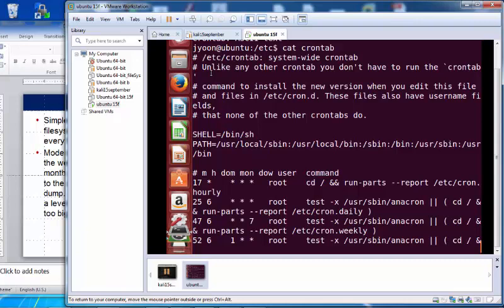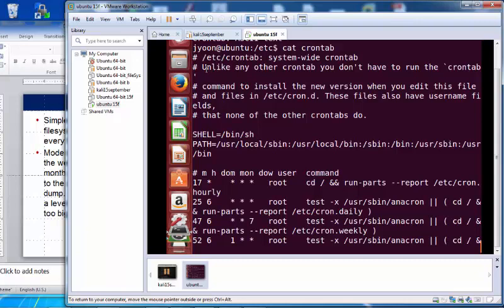If it is not a shell level but in a file, then there is nothing but a comment. So it is a comment. It is not running. What is commented here is /etc/crontab: system-wide crontab.